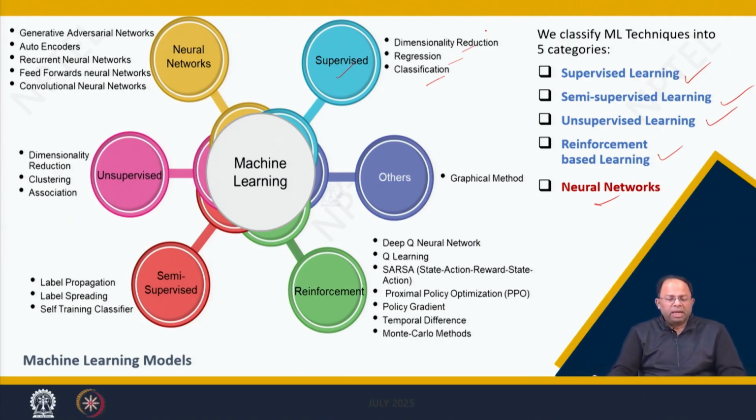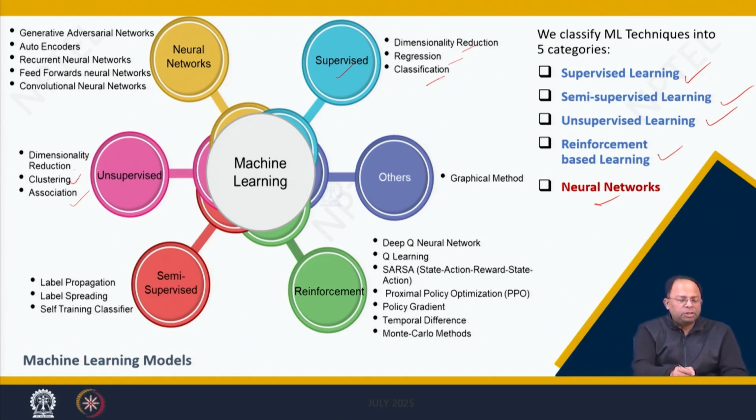Then, before we go to reinforcement learning models, there are unsupervised models. Dimensionality reduction is also there in unsupervised as well. In this case, we don't have the labels. Then there are clustering models, and then there are association-based models, right? So we try to find out which things are related together. That's the association model. For example, when you shop for something, then you get recommendations of other things. Those kinds of things are sort of association models.